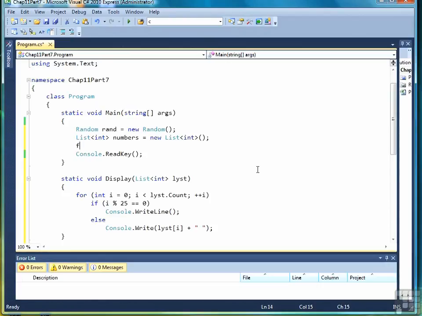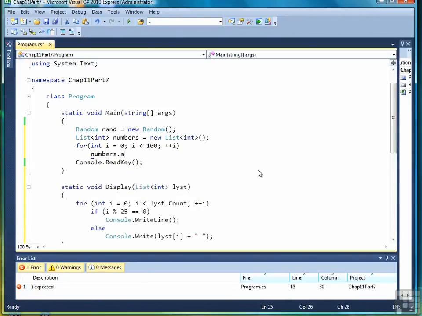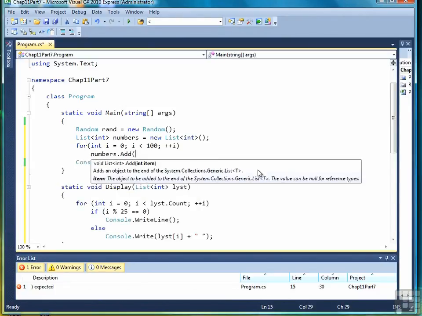Now we're ready to use the random number generator to populate this list with a set of numbers. So we're going to say for int I equals 0, I less than 100. We could have started at 1 and gone to 100, but this is fine. Plus plus I, numbers.add, now here's where the random number generator comes in,